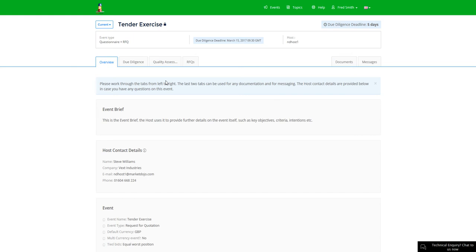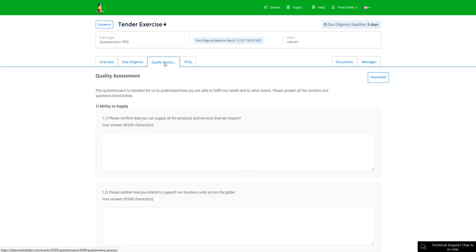So in this tutorial we are in our tender exercise itself. As a participant we see that our next key deadline is coming up in 5 days for our due diligence. As it happens we've already filled that out, so we're going to go to the next tab, which is our quality assessment. So this is more like your sort of standard RFP, and in this example you have the title